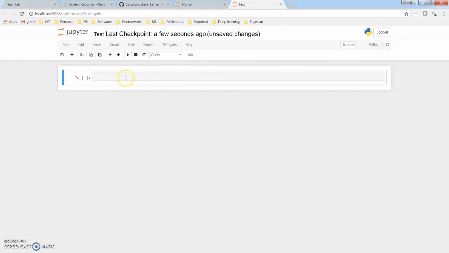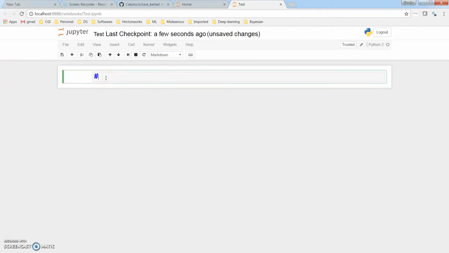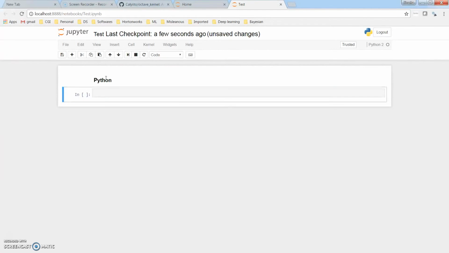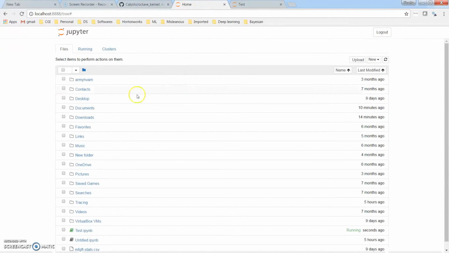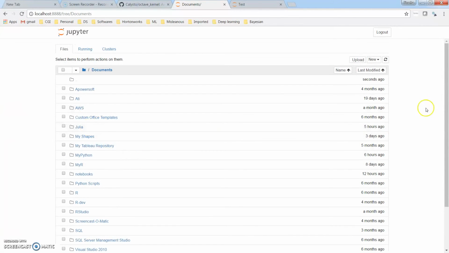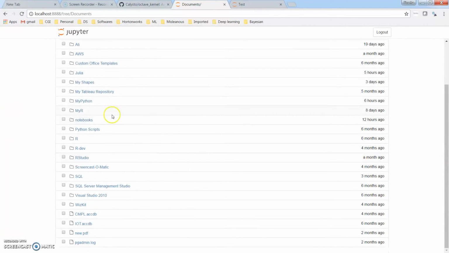The good thing with the notebook is we can include both text and code. Here I can include text by changing this to markdown, and I can say this is Python. Then I can enter any code.